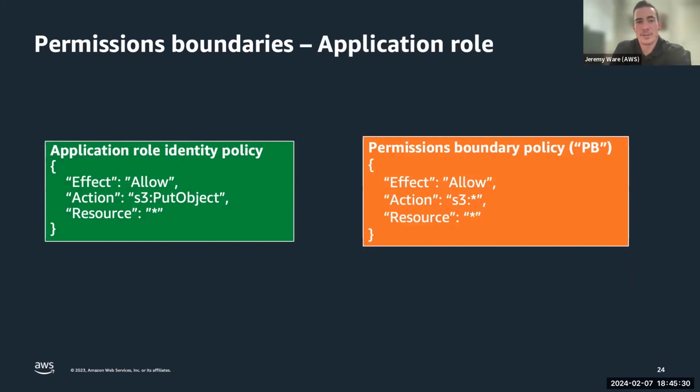So what does a permission boundary and application role look like together? I know we talked about it, but I kind of want to run through them together. So if we have an application identity role, right, the service linked role for example, that has effect allow S3 put object on any resource, and we have a permission boundary attached to that role that says effect allow S3 star actions on any resource, what's the expected outcome of this? If somebody tries to do S3 put object, will they be successful? Yes. Yep. They have the identity policy and the permission boundary allows at least that action, right? It may provide more, but it allows at least that action.